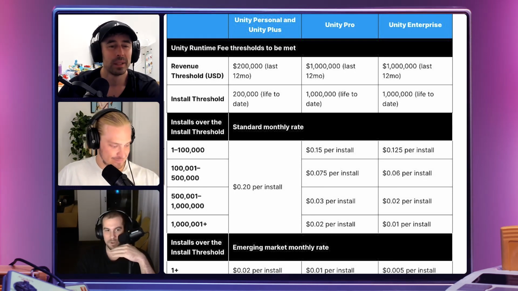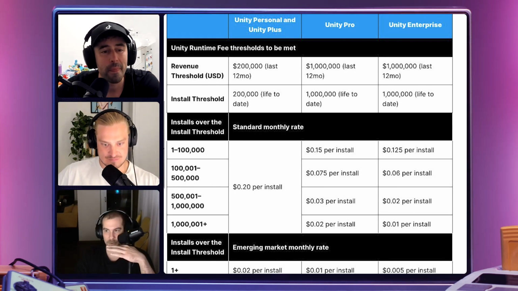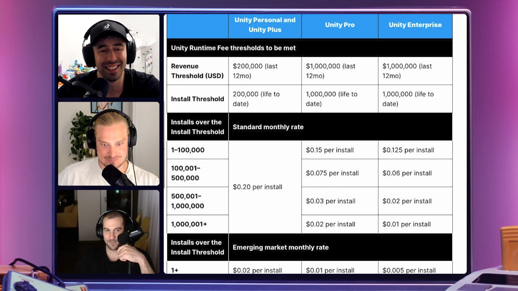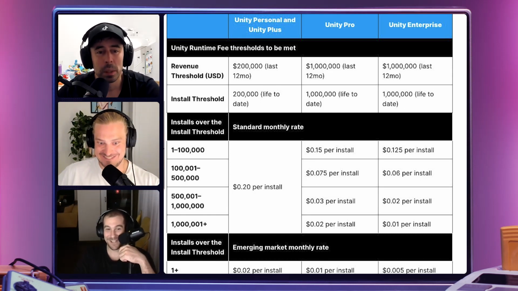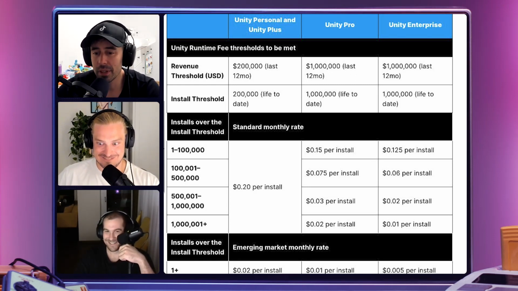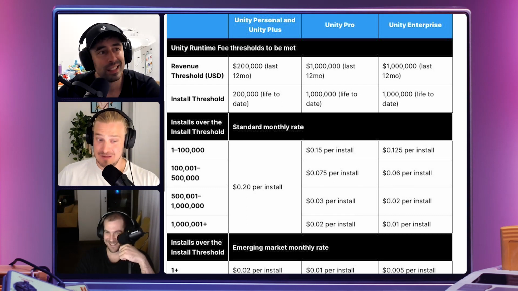By the way, if you are finishing the cost here, just so people know, there's also, right under our model game, "Do I still need to pay for my Unity subscription plan?" Yes, you do. So it's on top of this. Oh, I didn't know that. Oh, wow. If you didn't forget about this... What are you talking about? This is the Unity runtime fee. So it's on top of everything else. That's on top of everything else.